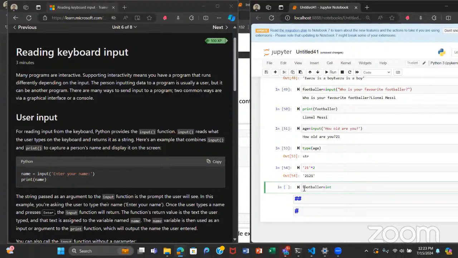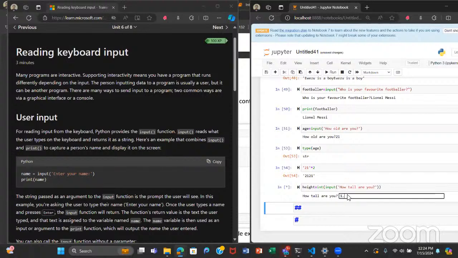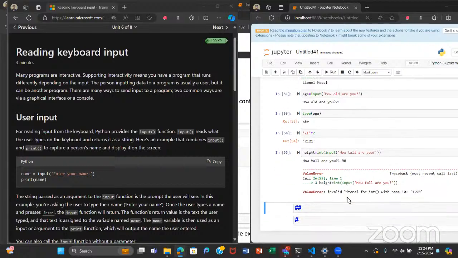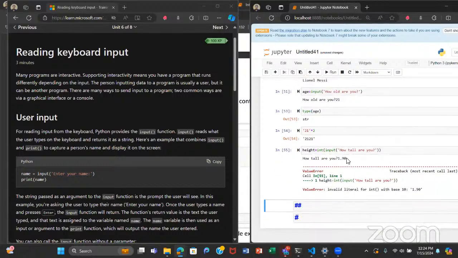If you want an integer, we put this input function in int. Okay, run this. Okay, yes, good.